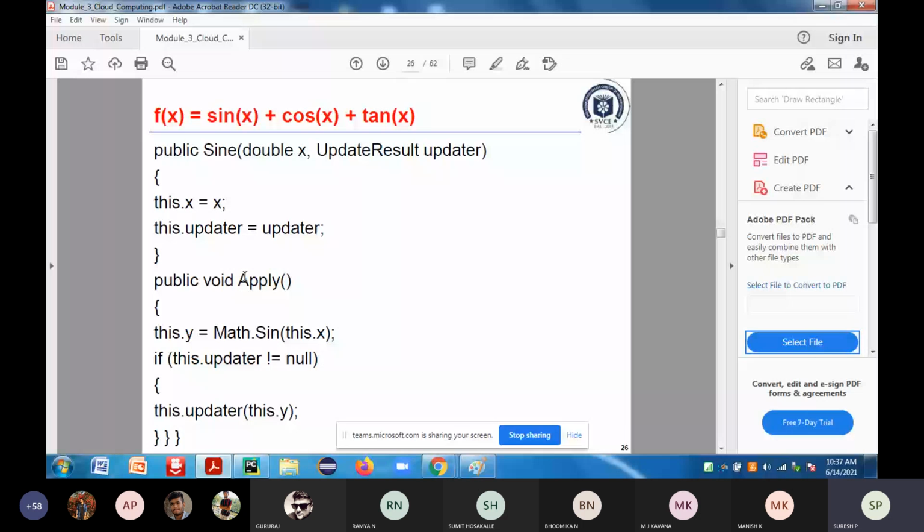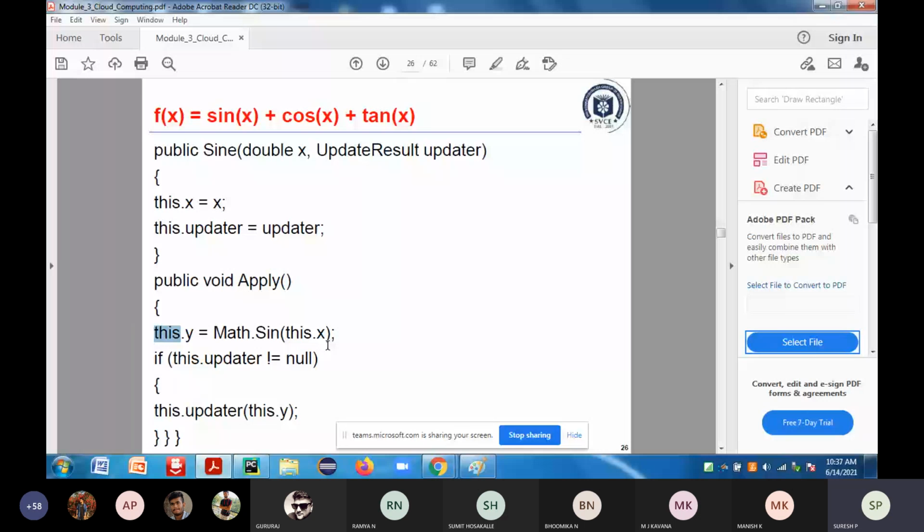So here, what I am telling you is this is a pointer. Okay, this is a pointer. If you have gone through your Java basics properly, then you will understand this one. It is similar to Java. You have to have the class, and inside the sine class you are going to compute the value of sin x.